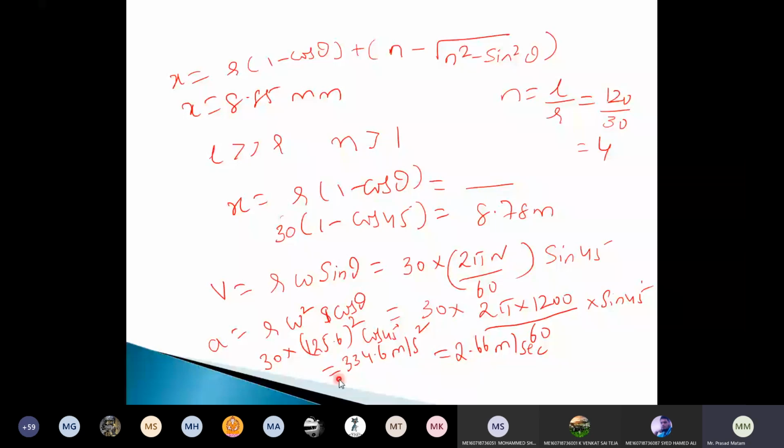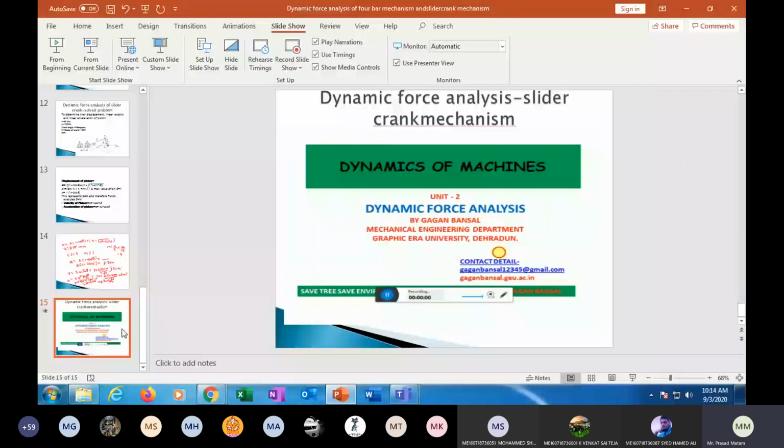Now I will send that video for you on WhatsApp. Just go through the video. It shows how to derive the x value, meaning how you get the displacement equation, the velocity equation, and the acceleration of the piston. If you still have any doubts, please raise them. This is the video I have, and I will send this PPT to you. Just go through it. It will give all the values.